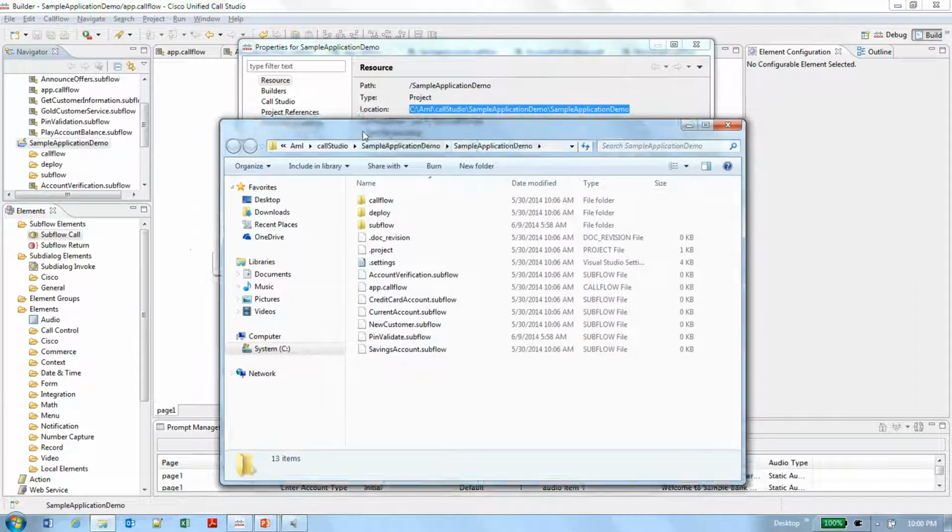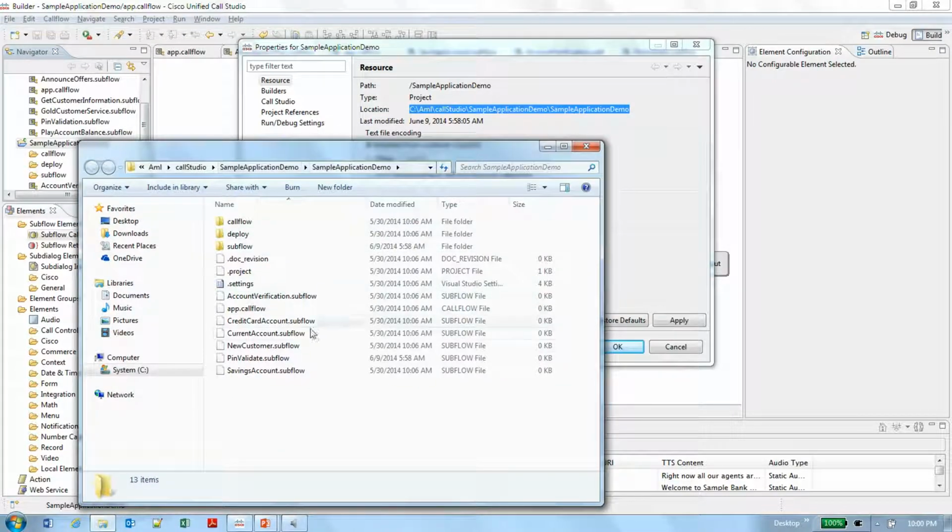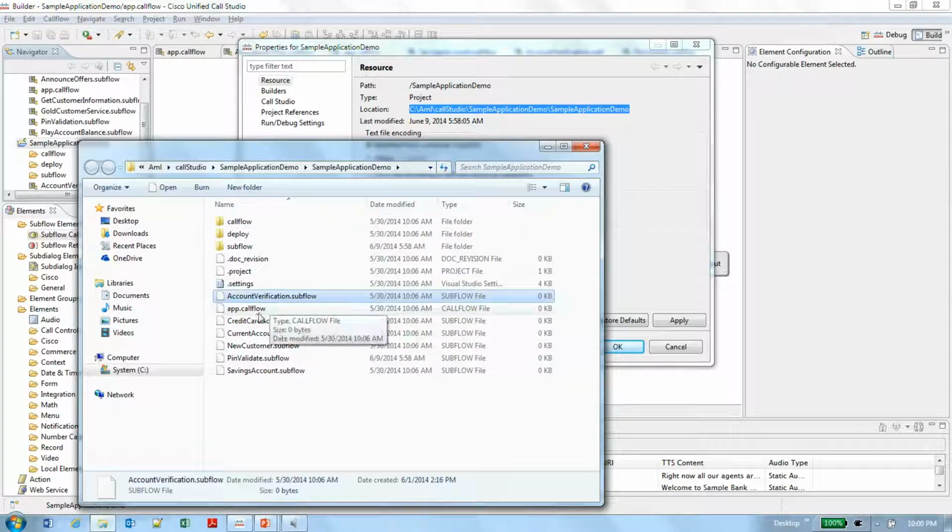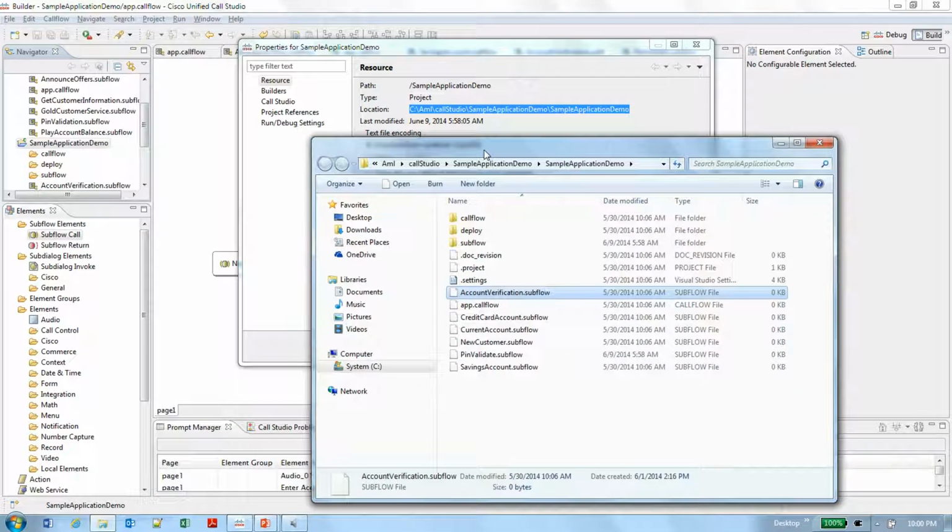This is the application root folder where we have multiple directories and also multiple files. There are files for subflows. You see app.callflow for the main flow, account verification.subflow, and other subflow files. This is the subflow which we want to copy to the other application.